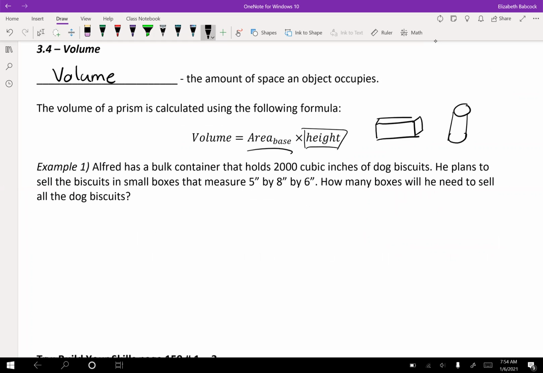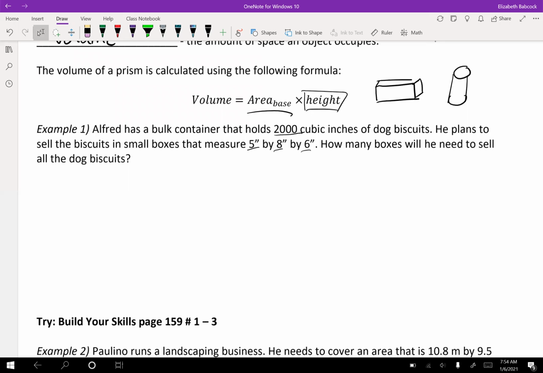Alfred has a bulk container that holds 2,000 cubic inches of dog biscuits. He plans to sell biscuits in small boxes that measure 5 inches by 8 inches by 6 inches. Not too bad. How many boxes does he need to sell? To figure that out, we need to figure out how much each box can hold. To do that, we find the volume. So 5 times 8 times 6. Okay. 5 times 8 is 40, times 6 is 240 inches